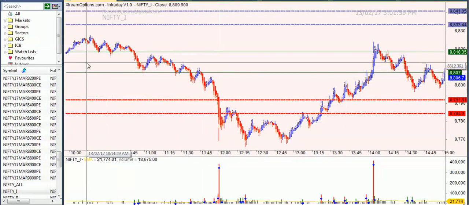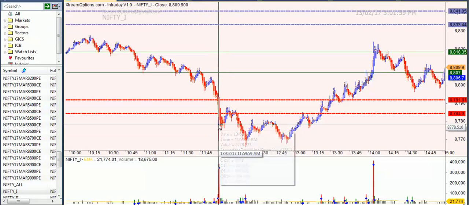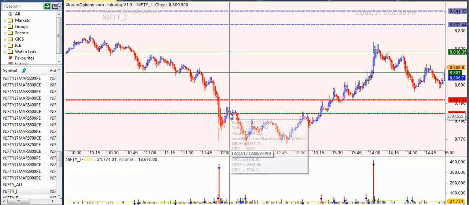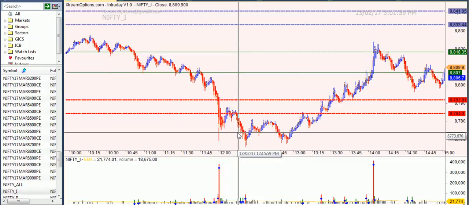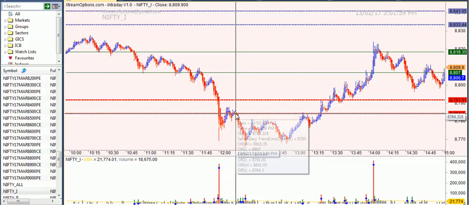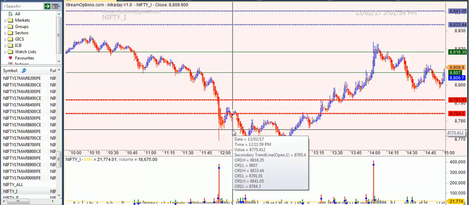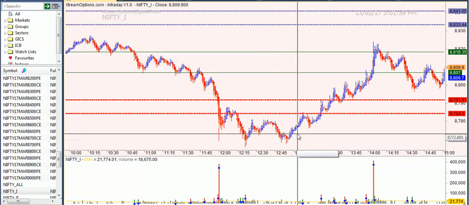So look at this. Prices kept coming down. This was the high volume bar. The volumes drop. You would look to enter here, but then your stop would be at 8875. So if you have entered here when the price tried to get into the zone, you get hit with the stop loss. That's okay. You again enter here